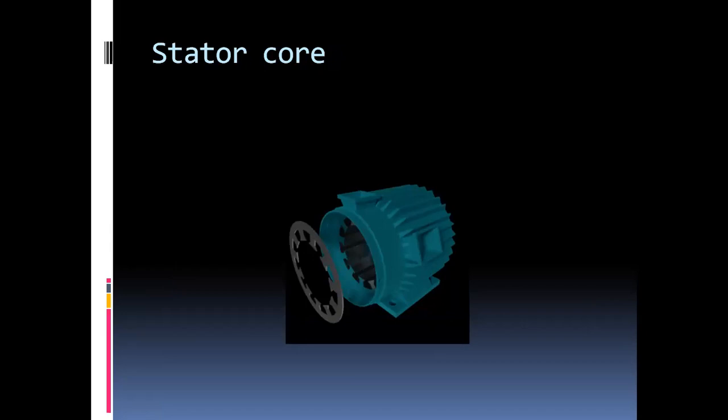Next is the stator core. The core carries the alternating flux. The core is of laminated type, and the laminations are done to reduce the eddy currents so as to reduce the leakage flux, and this can be done by using stampings of 0.4 to 0.5 mm. The material used for making the stator core is called cold rolled grain oriented silicon steel, CRGO, and this particular material is used so as to reduce the hysteresis losses.